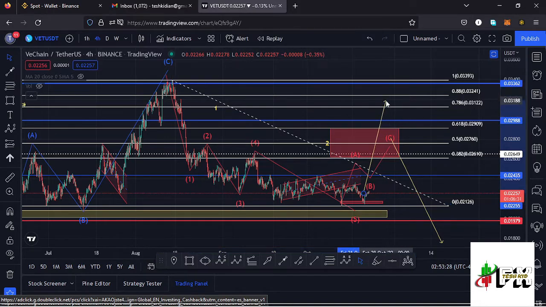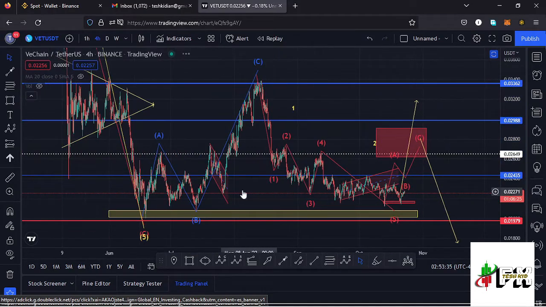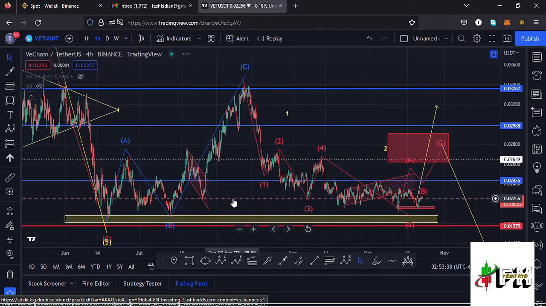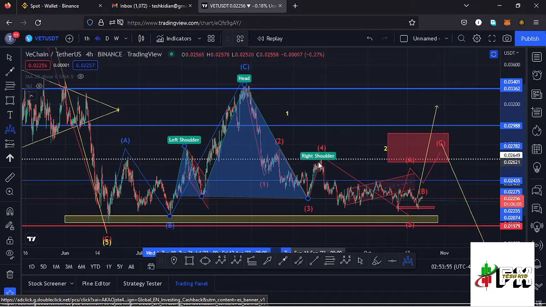So in case that happens and we continue pushing higher, then that will be invalidating my Elliott wave structure to the lower side. Also, viewing this chart from a wider view, we have the formation of a chart pattern, which is right here, a head and shoulders pattern, having that as the left shoulder. Then we have seen the head, then we have seen the neckline,